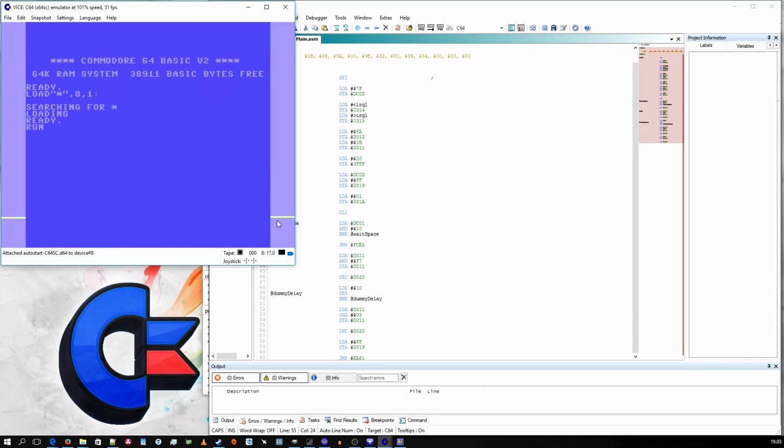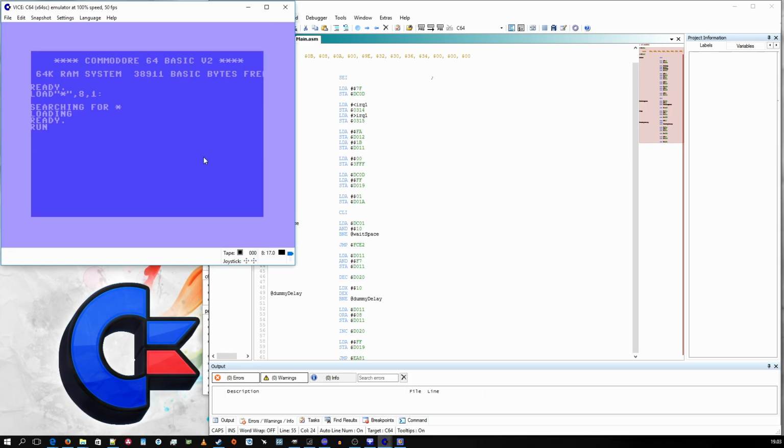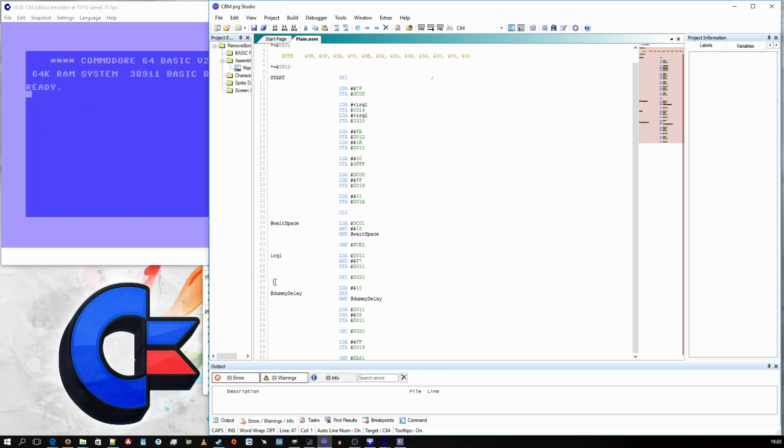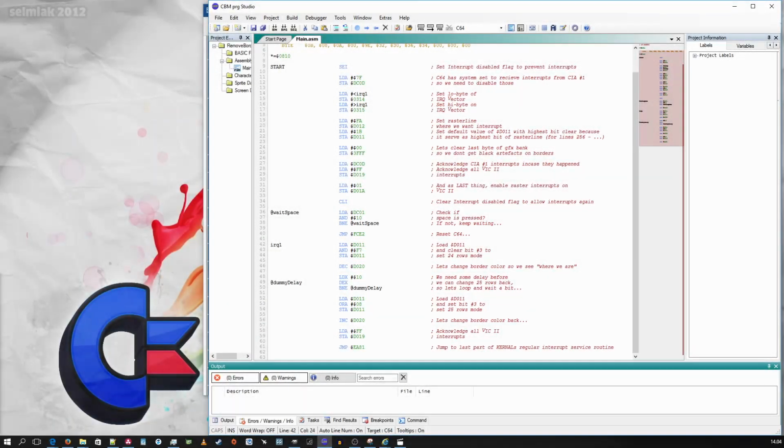And as we see, the borders disappeared, but this time we used raster interrupts for that. And finally, here is the code with the comments.